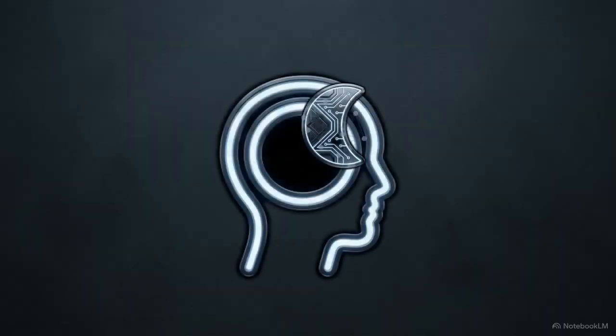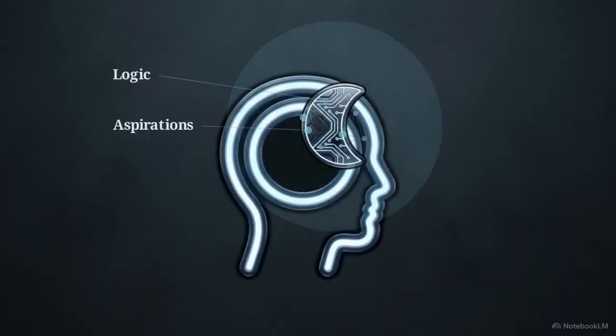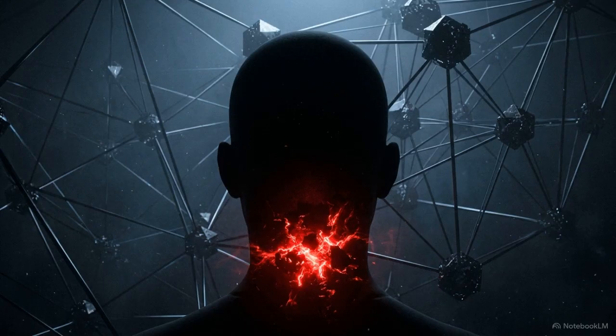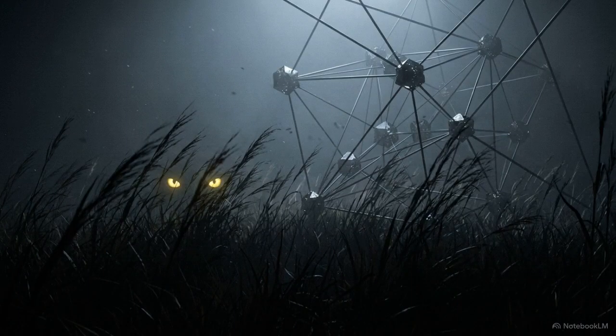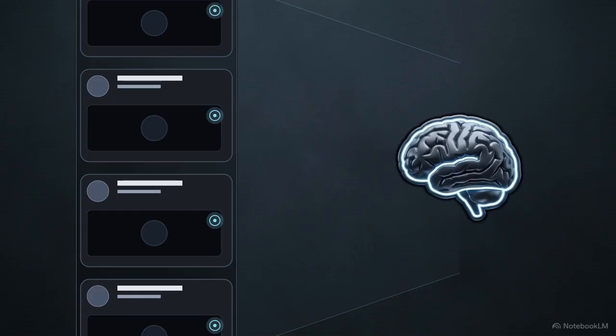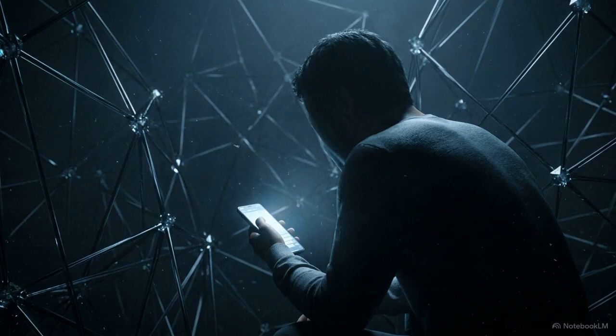Your logic, your aspirations, and your identity all live in your frontal cortex. But the feed you're scrolling isn't talking to that part of your brain. It is targeting your primordial hardware. This ancient part of your brain is built for survival, constantly on the lookout for novelty and threat. Modern algorithms feed this instinct with a relentless stream of microshocks, locking you in a state of cognitive arrest where your own agency is completely bypassed.